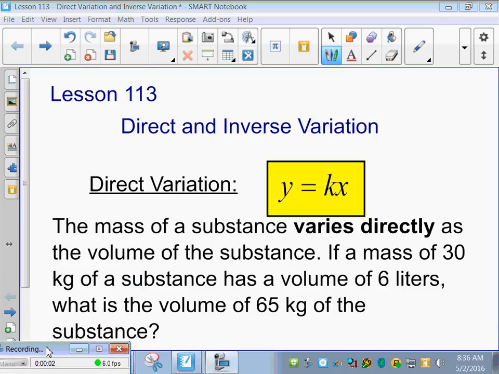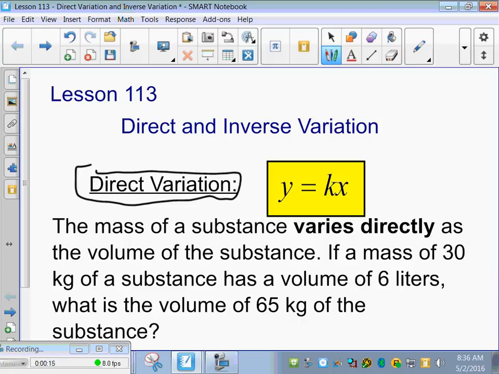All right, lesson 113, direct and inverse variation. You guys are going to see this a lot in Algebra 2, all right? So make sure you follow along. So you want to write down direct variation, and anytime you read that something varies directly, that means you're going